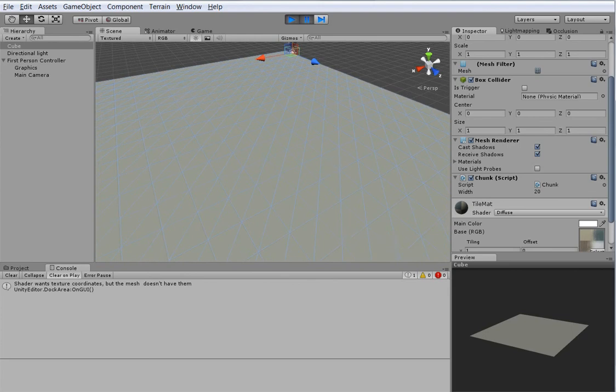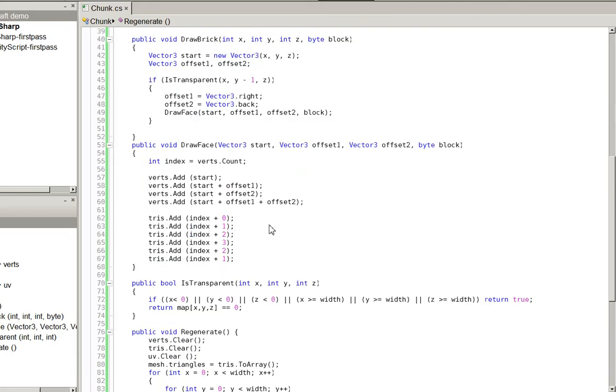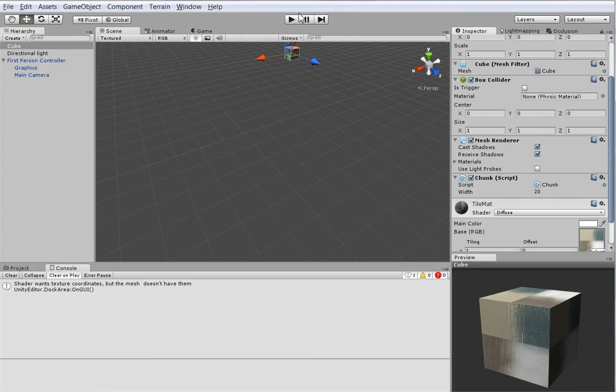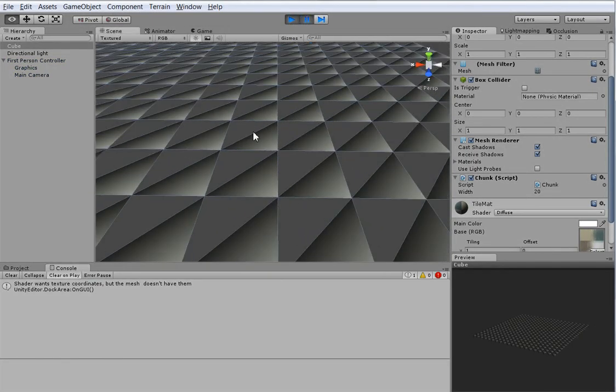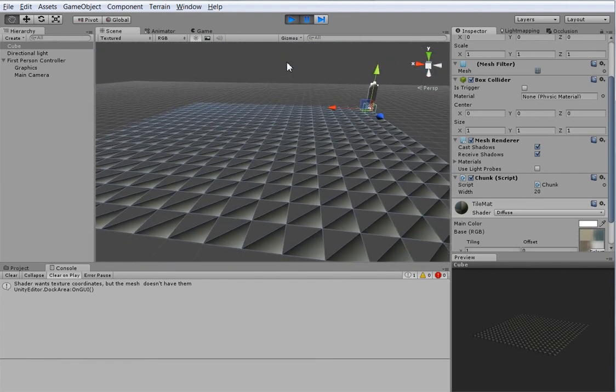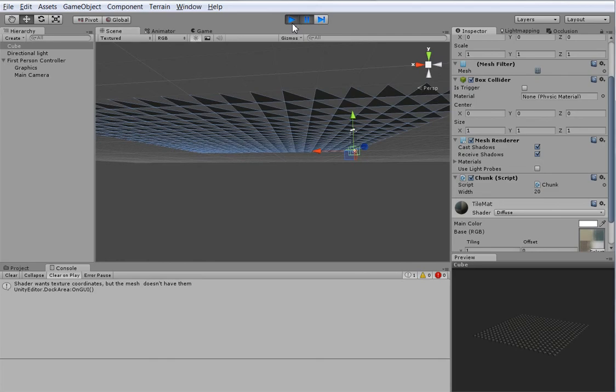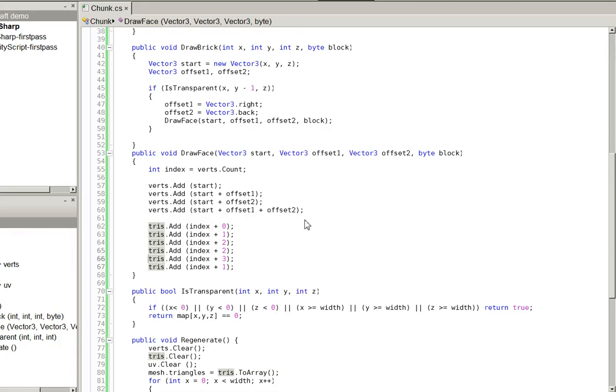I was going to show you, what the heck, I'll go ahead and break it so I can show you. If we change the order here, like this, and hit play, then as you can see, we've got some faces that are visible from above and some that are visible from below, and that's kind of a pain. So make sure you get that right, or else you will feel foolish. Actually,